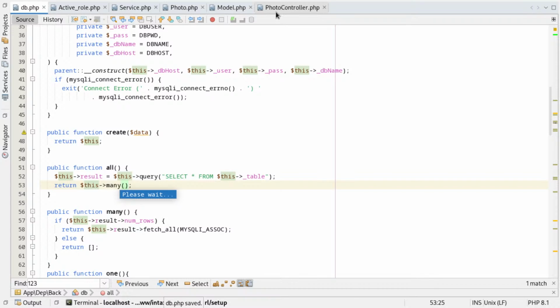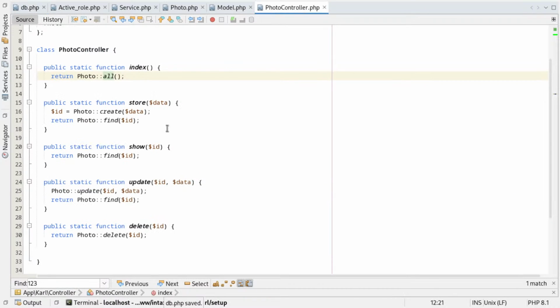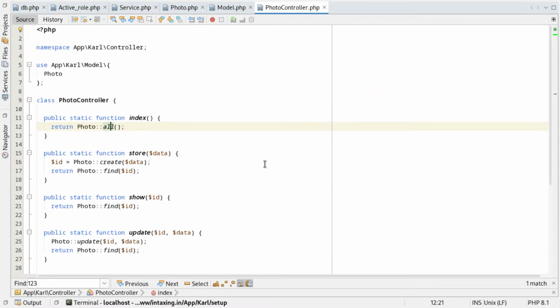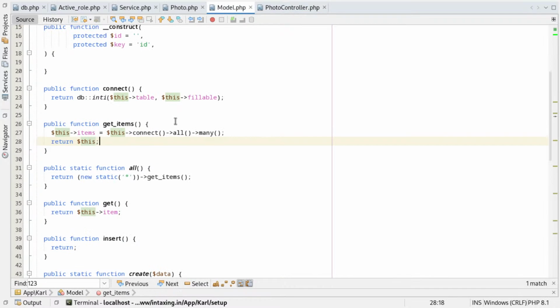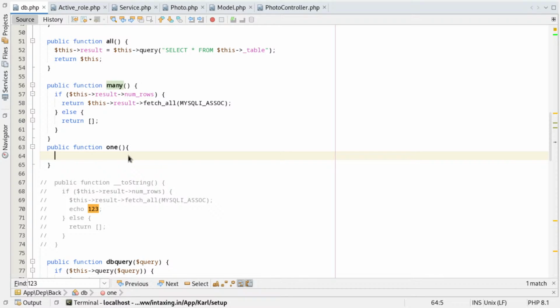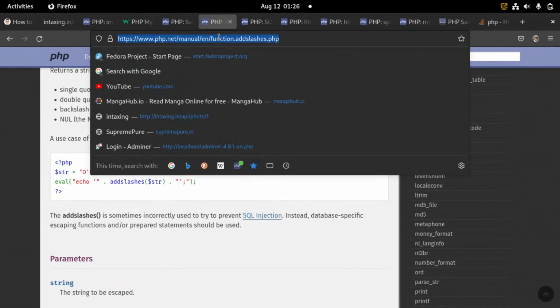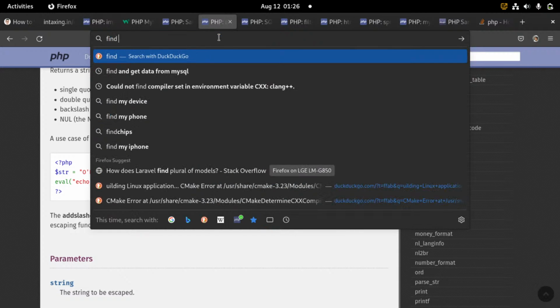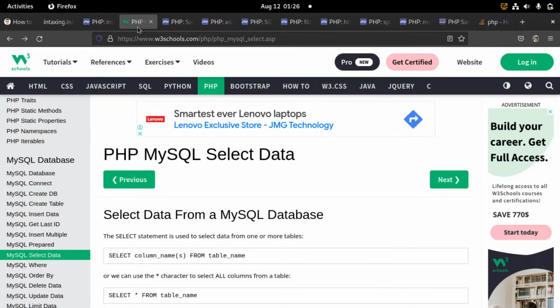Okay, and on photo controller, I don't think so. I think on model, I think it's good enough. This is good enough. That doesn't else. On one, PHP. Okay,